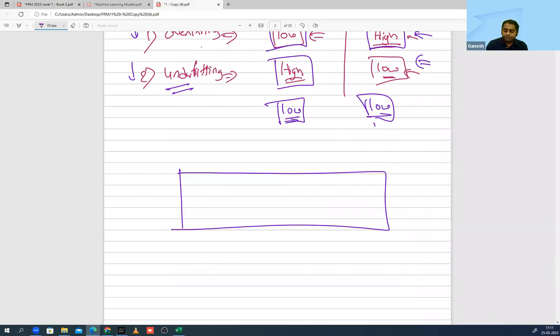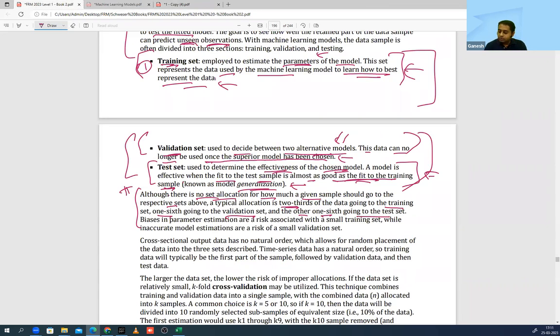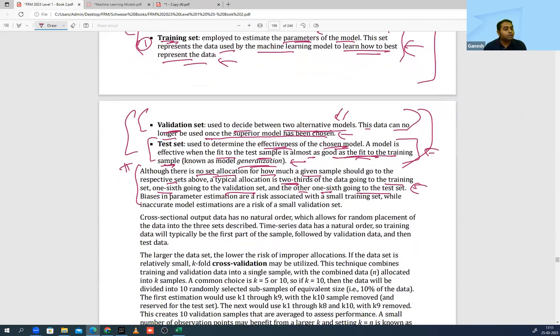मतलब क्या है? This part, training, is 2/3. What is the remaining? 1/3. Okay, तो 1/3 को भी 2 parts में divide कर दिया. Okay, this is my validation and this is my testing. There is no set rule, but normally this is what is followed. Okay, clear hai? So this paragraph basically tells you how do we go about finding how much should be allocated to training, how much to validation, how much to testing.